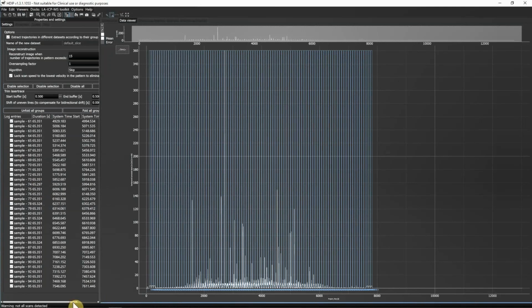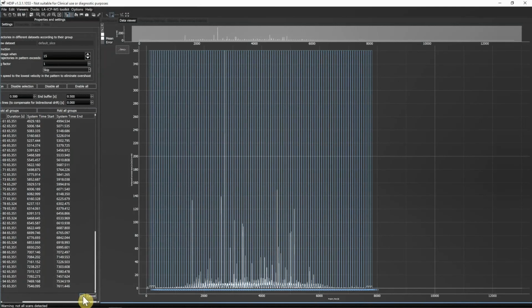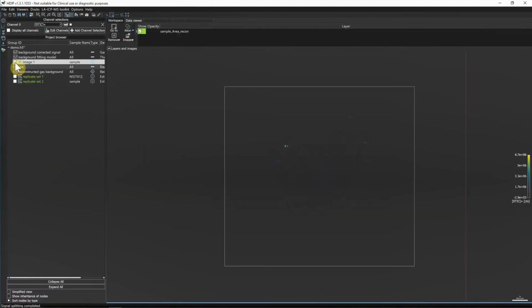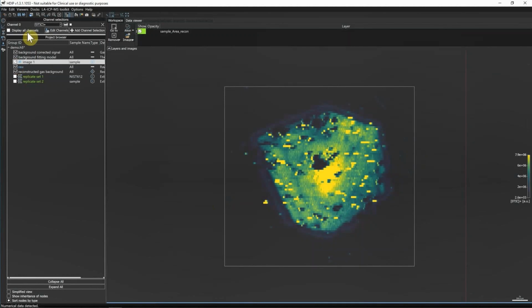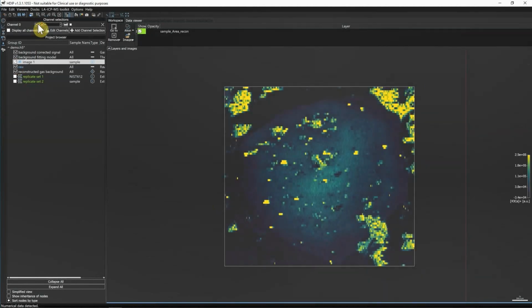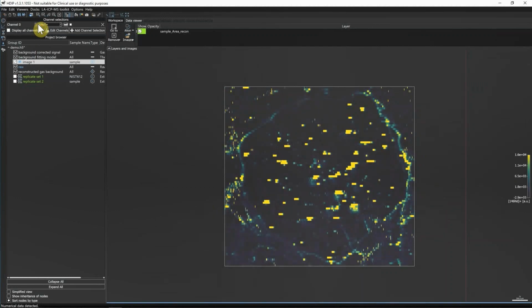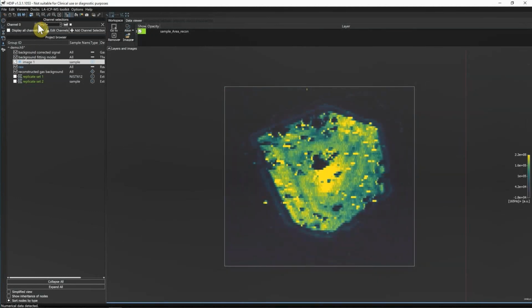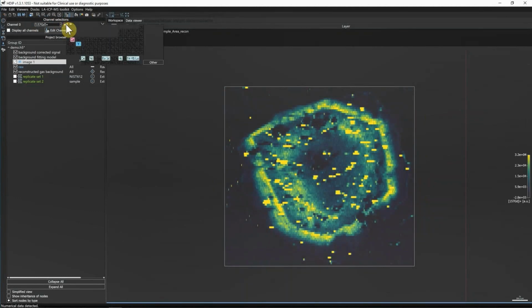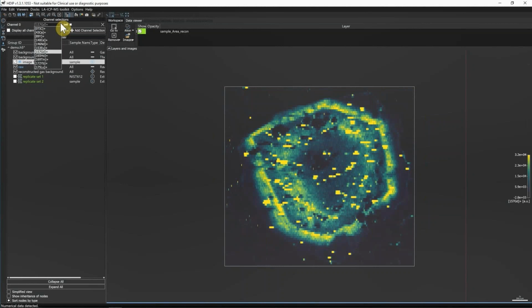So we're happy with the data, we're happy with the selection, and that's pretty much it. That's how you generate an image. And it actually takes less time to generate an image than it took me to explain how to do it. And it's even faster when you're doing it automatically, so using the autopilot feature. Once you've generated the image, and in this particular case, we're looking at the garnet,